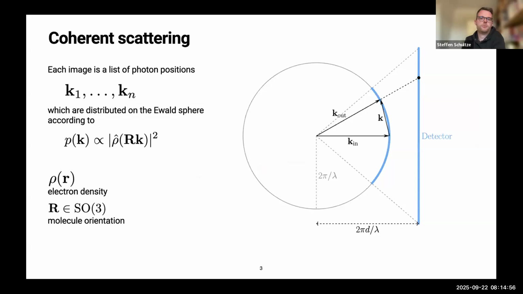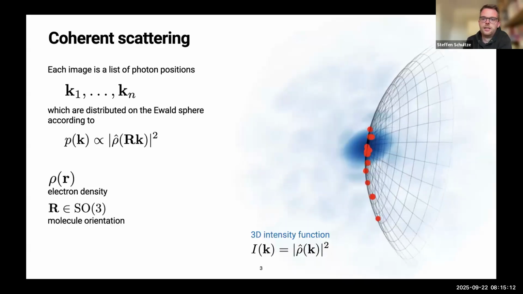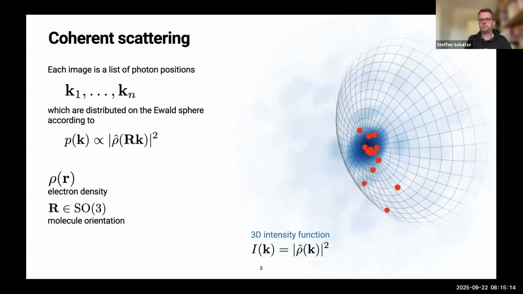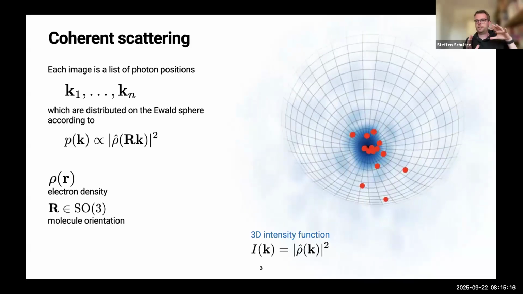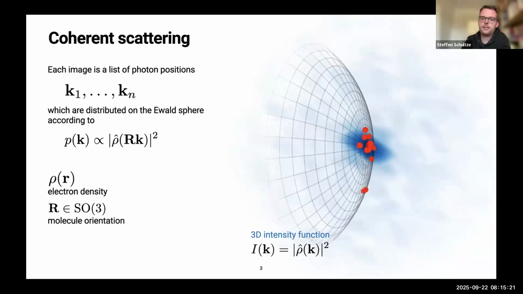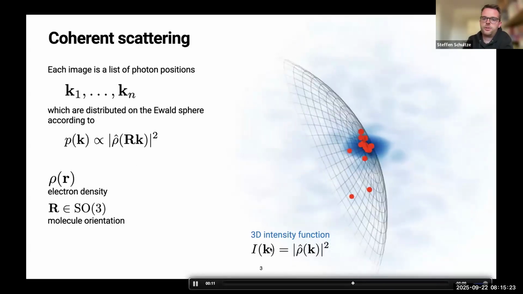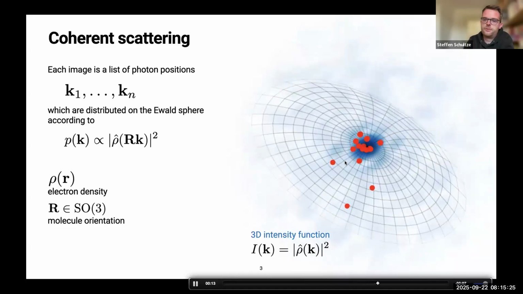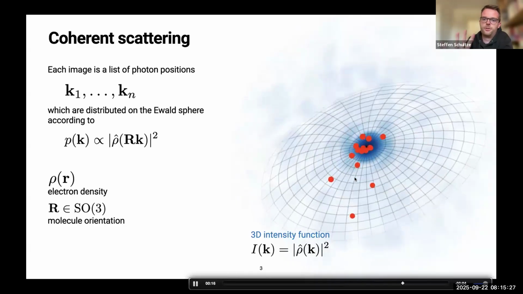If we look at this from a more mathematical perspective, each image is basically just a list of positions of photons in Fourier space, which are distributed according to the Fourier transform of the molecule. Due to the geometry, each orientation corresponds to one such Ewald sphere through the three-dimensional Fourier transform, and the photons' positions fall on this.